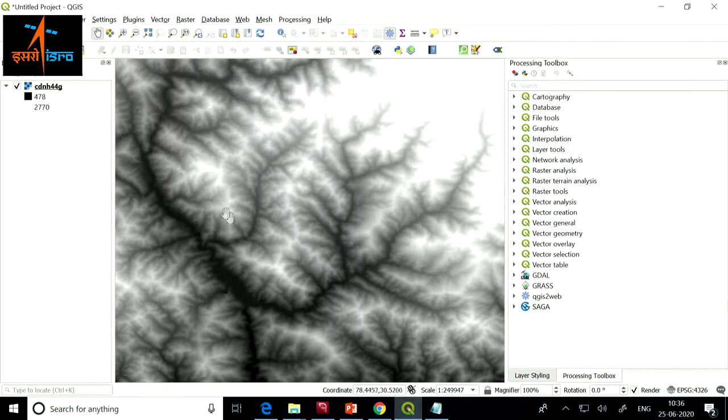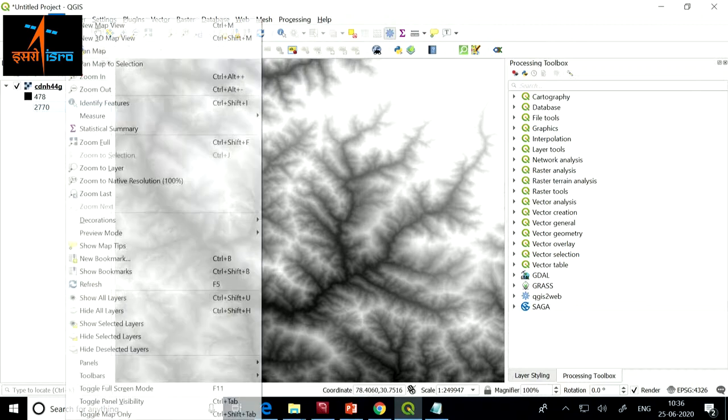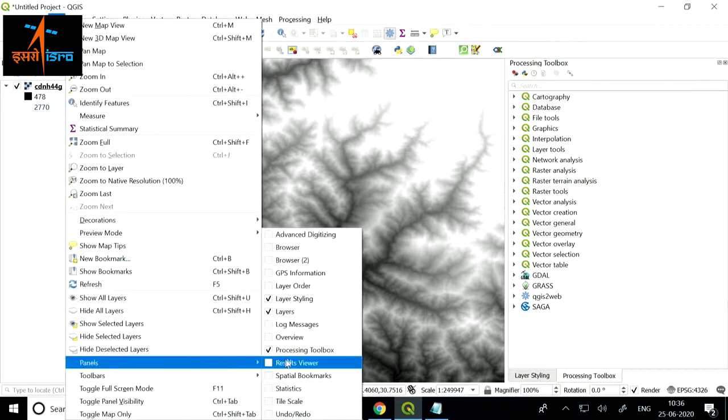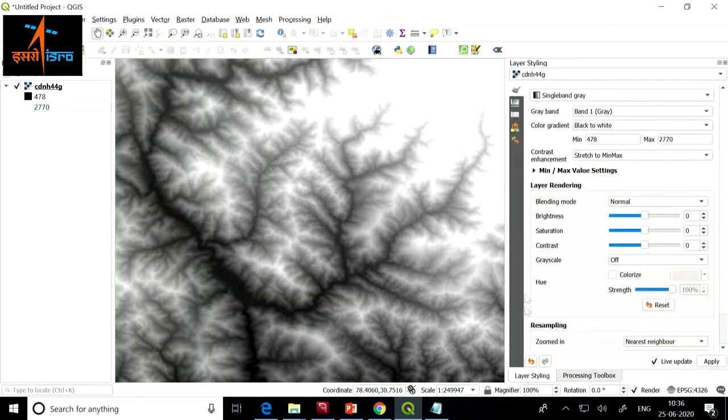Now, what is this color being shown? What are the values? If you look on the map layers panel, you will see that it says the black color is 478 meters and the white color is 2770 meters. Now you can change these numbers if you click on view, panels and layer styling. You will see that a layer styling panel comes up here.